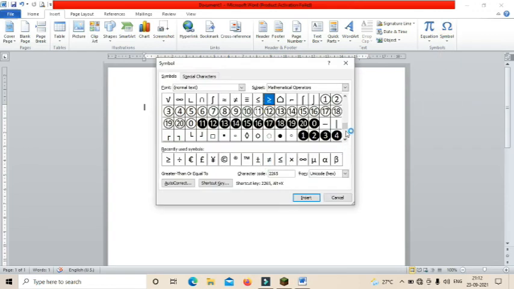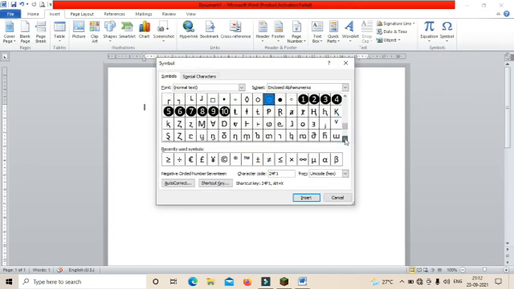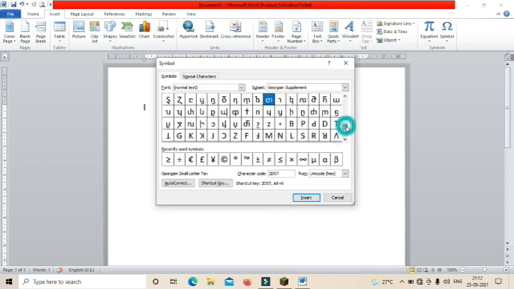Drag the window to see the different symbols available under the symbols option. If you want to place percentage, dollar, ampersand, parenthesis, asterisk, plus, minus, all the symbols are available.